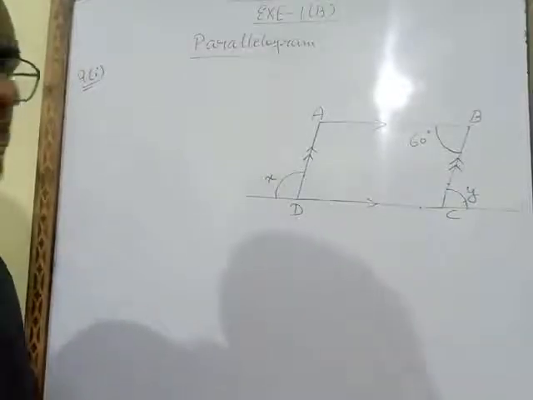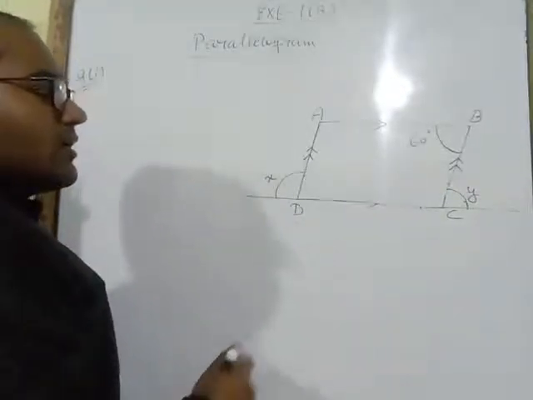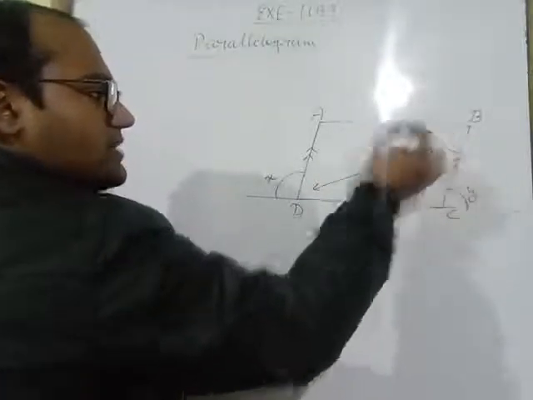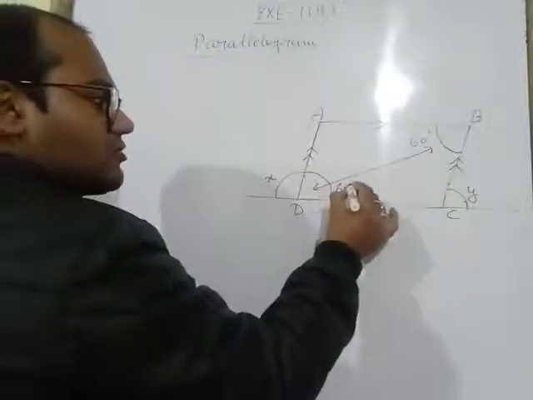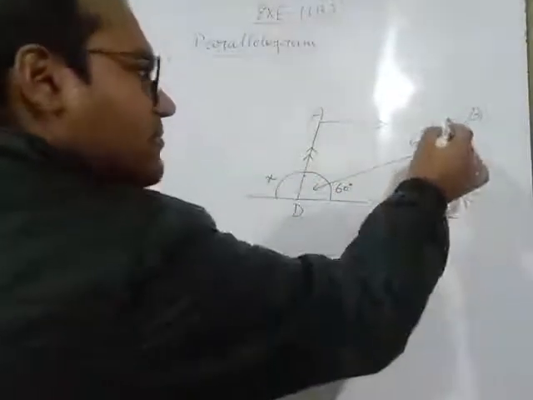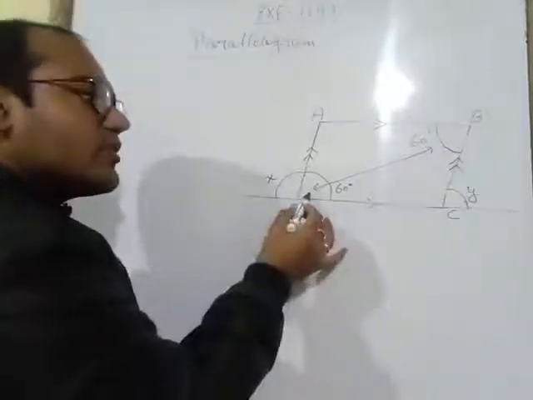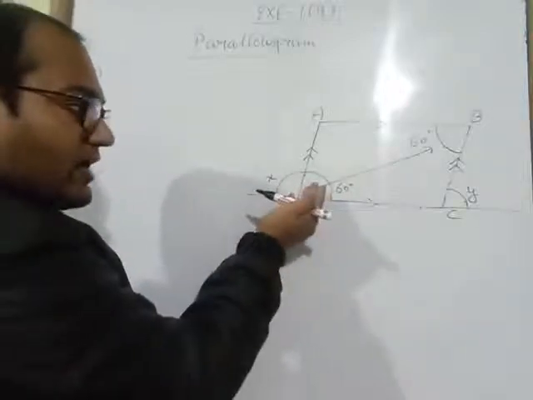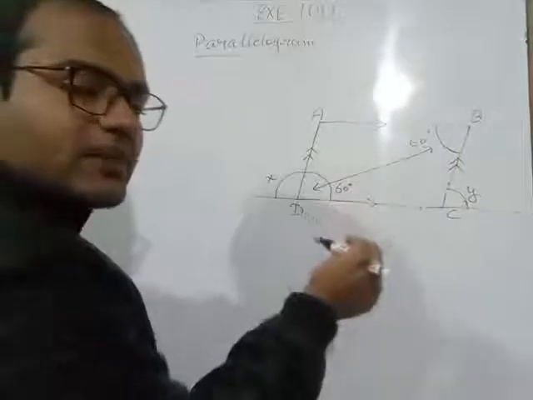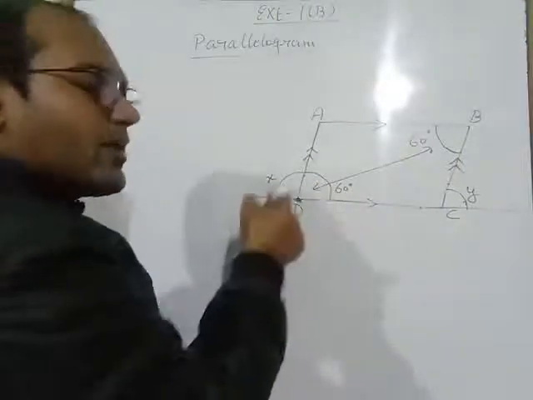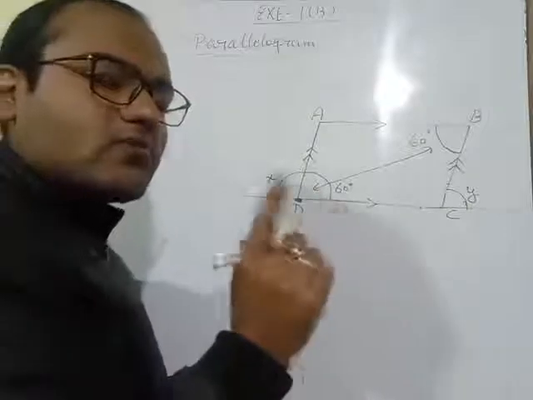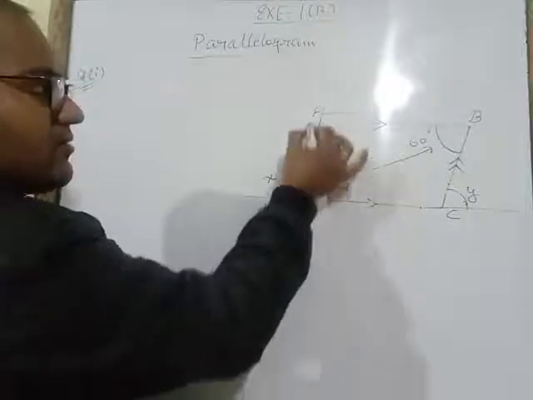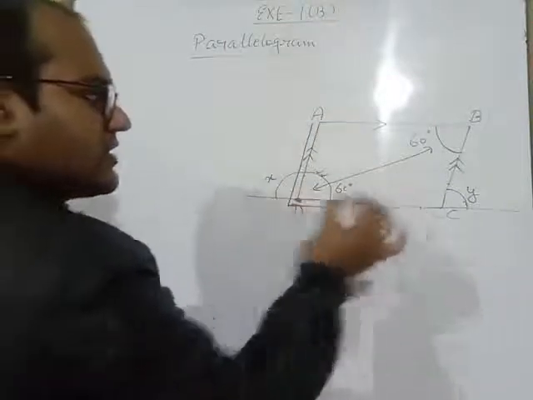So first of all what we will do, we will say that these two angles are opposite angles of a parallelogram. Here it is 60. So we will say that this angle will also be 60 degrees. So that angle name is angle B. But here we will not say this is angle D, because there are two angles here at D. One is outside the parallelogram and another one is inside the parallelogram. Both are coming on the D vertex. So we will not say that this is angle D. We have to write the full name. How will we write the full name? In order to write the name of this angle, we have to write angle ADC.